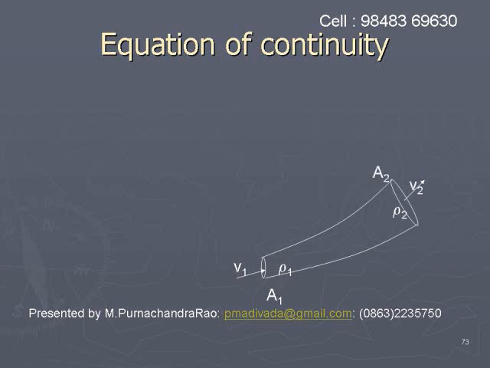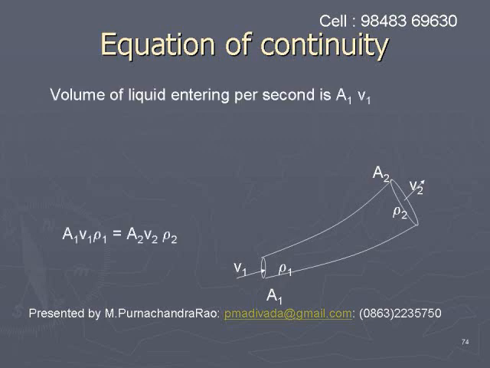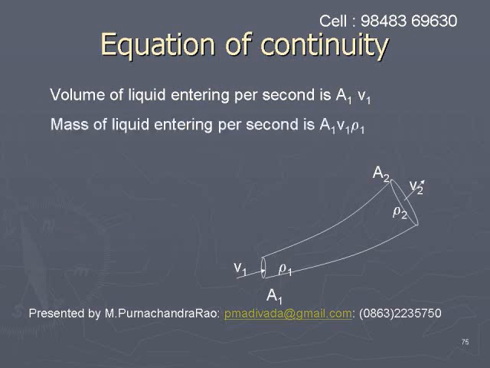Consider a tube of flow with area of cross section A1 on one side and A2 on the other side. If the fluid is entering the tube of flow at the cross section A1 with a velocity v1 and ρ1 is the density at this cross section, and it is leaving the cross section A2 with a velocity v2 and the density of the fluid is ρ2,